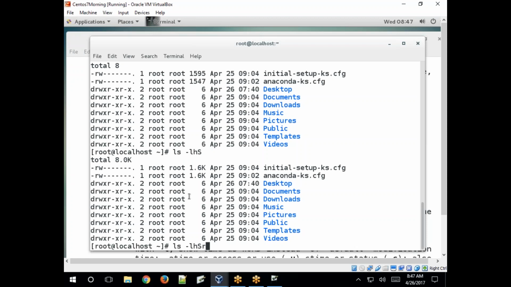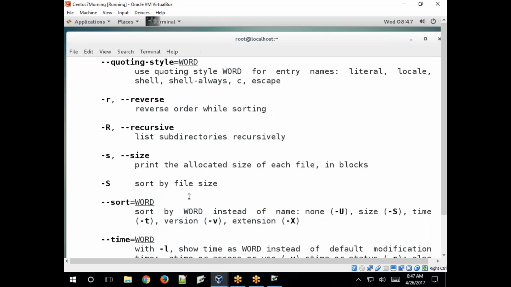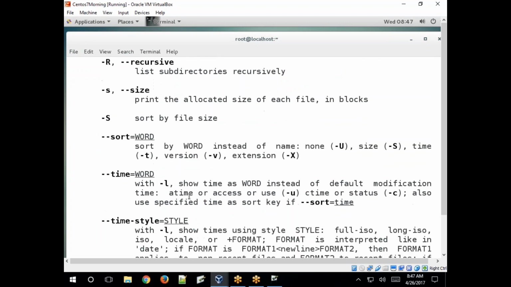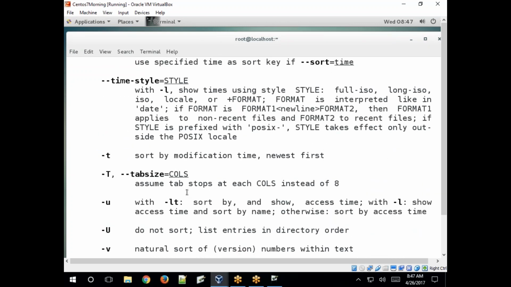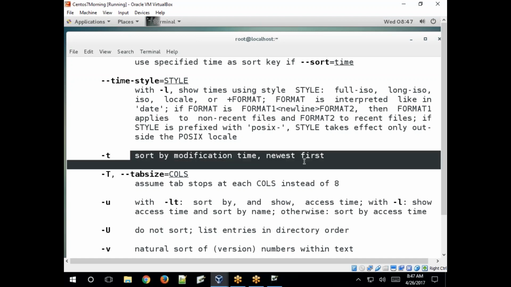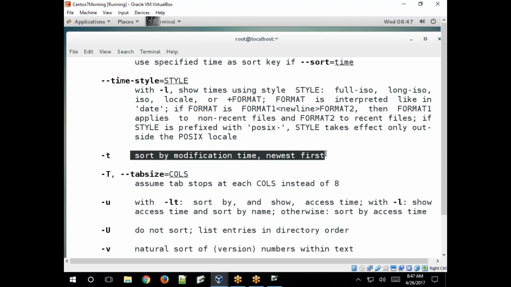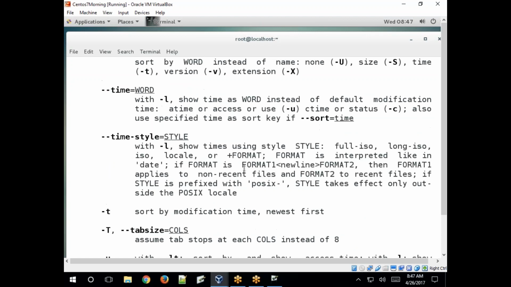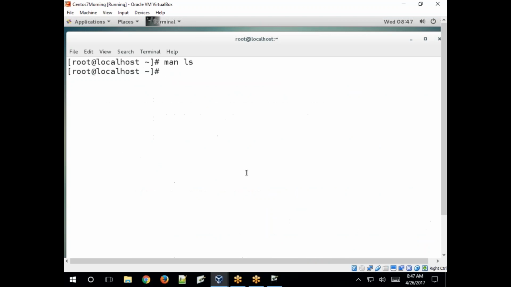See, like this. So how to specify the options, how to pass arguments like file names, directory names, how to list out all the files information inside. So like this. Okay, just go through the manual pages, just understand. So what are options? A lot of options are available for each and every command. You will get a lot of stuff. Okay, see, -t sorts by modification time, newest first. Modification time is timestamps, -t. Clear? Like this. Clear? Okay, this is the ls command and this is man.